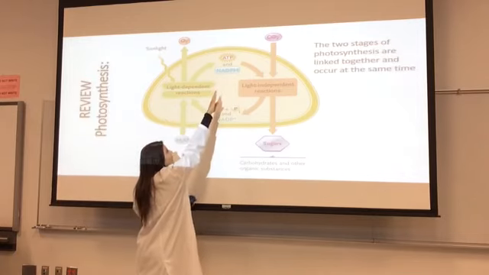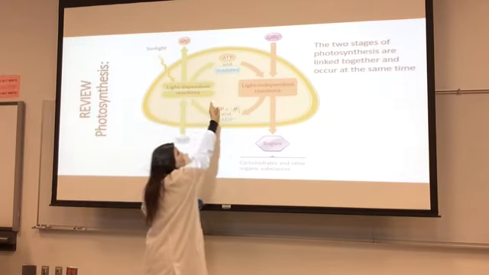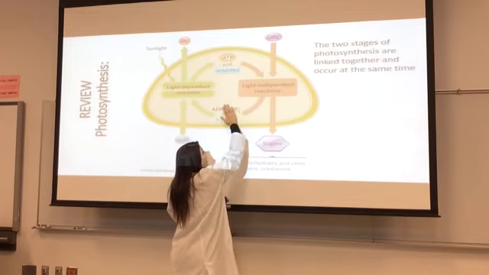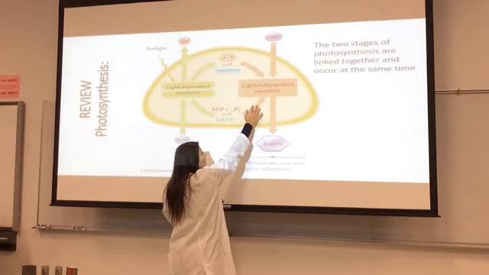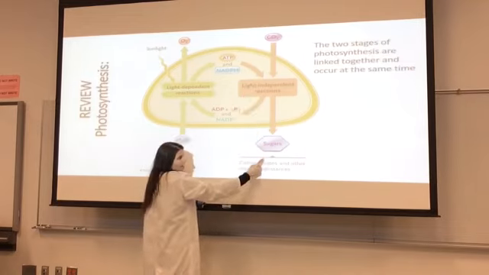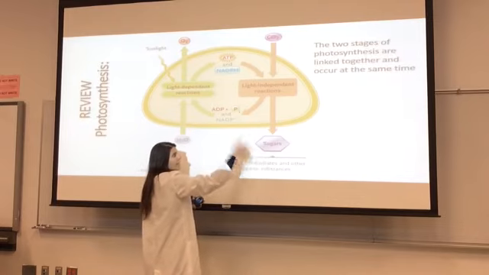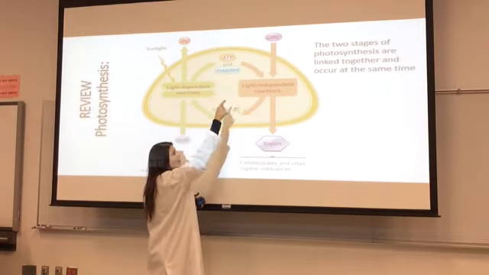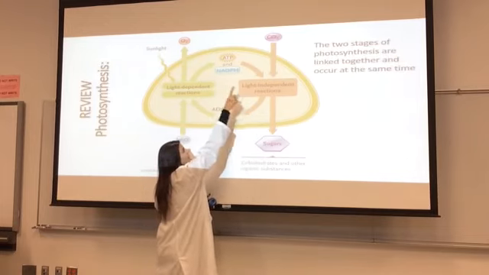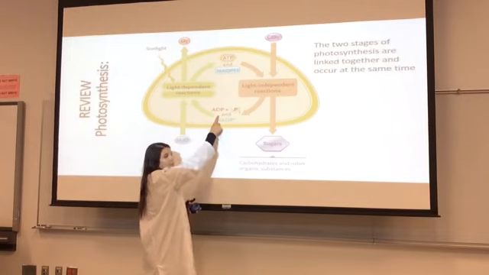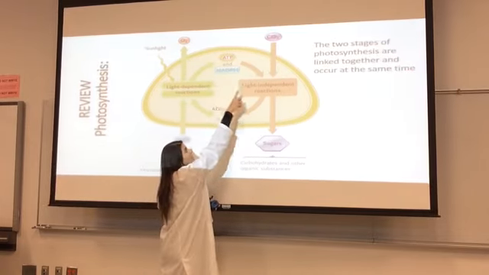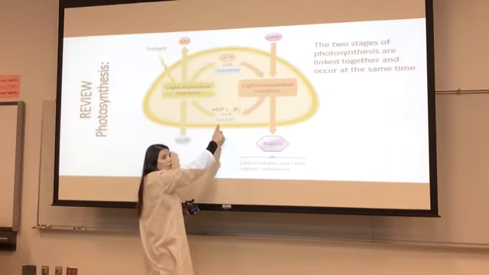The products of the light-dependent reactions go into the light-independent reactions. So the ATP and the NADPH go here so that they can be used to fix carbon dioxide into glucose. The enzyme that's responsible for fixing carbon dioxide into glucose is Rubisco. When I use that ATP, I release it as ADP and send it back over here to get recharged. When I use those electrons on that electron carrier, it comes over here to pick up more